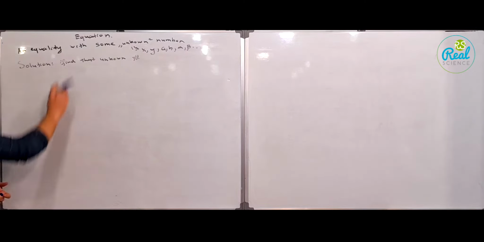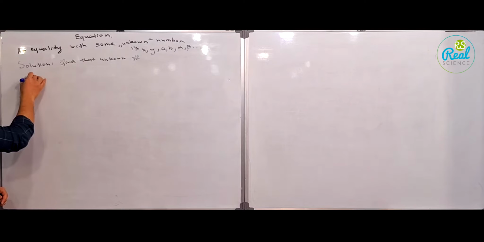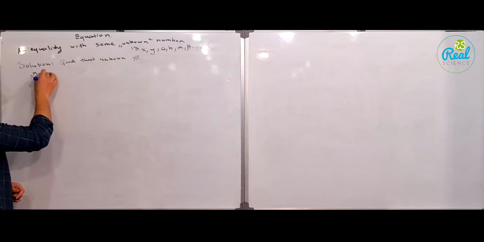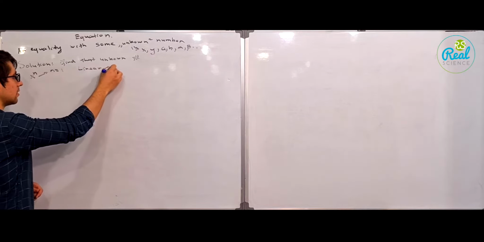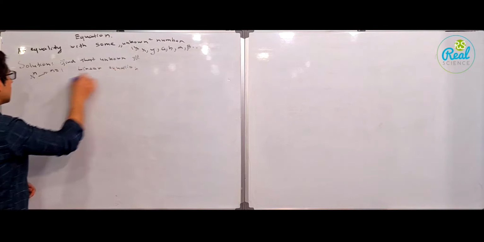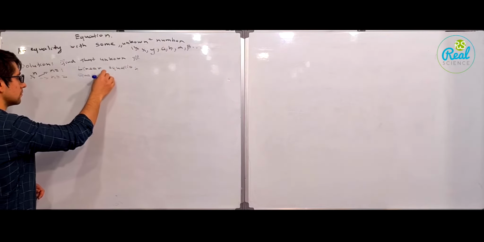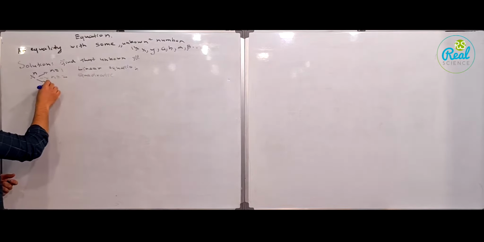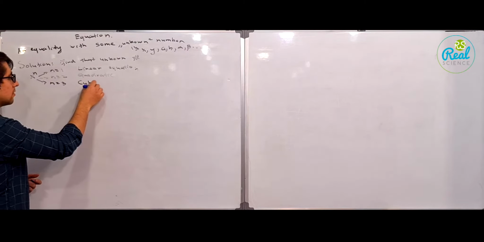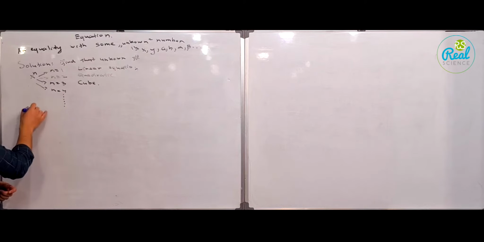So, the types of equations are many. It starts with x to the power of n. When n equals 1, it becomes a linear equation, right? When this power equals 2, it becomes quadratic, right? When n is 3, it becomes cubic. So when n equals 4 and many more. So a to the power of x, this is exponential,